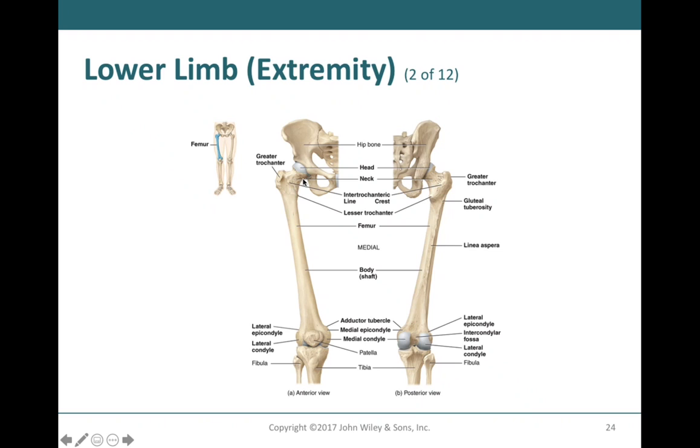So you can see the femur has this very pronounced head and a very pronounced neck. And so this bone will fit nicely into the acetabulum of the coxal bone. So this is our proximal side of our femur. As we make our way down, we'll see that the femur will articulate with the bone of the lower leg